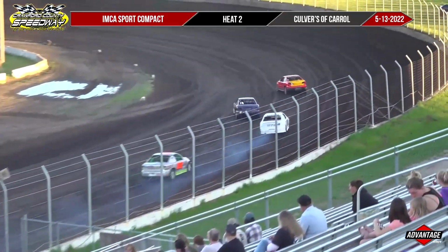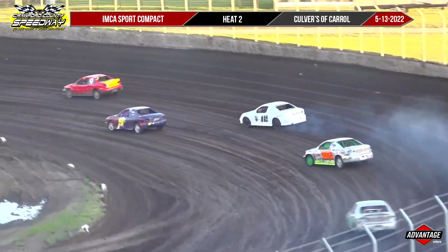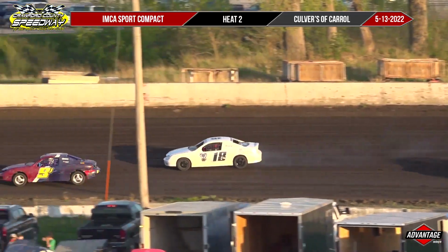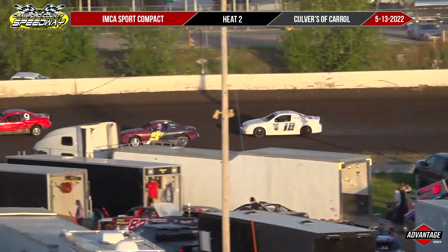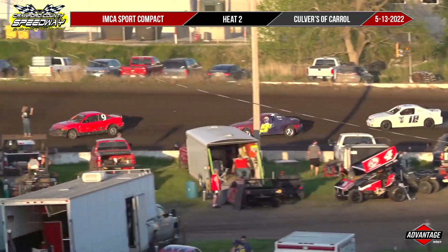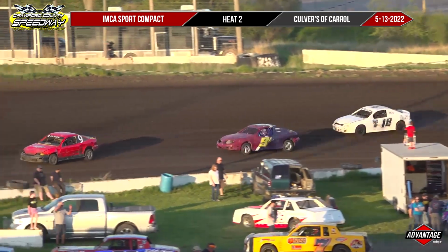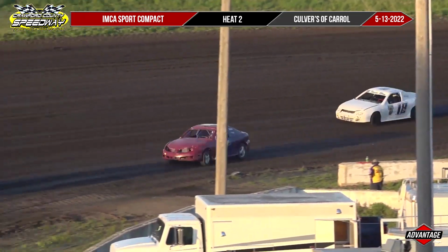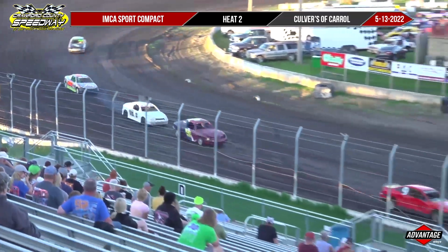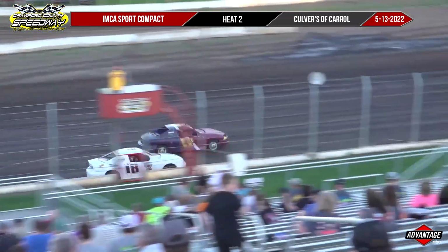3rd place is Colton Ransom. Still a lot of smoke. He's been battling smoke since practices earlier in the year. Levi Volkert in 4th and Cody Gordon rounding out that top 5. But Kurger last week managed to slap the wall, bent the right rear, and still came home a very close 2nd. But remember, he is a former